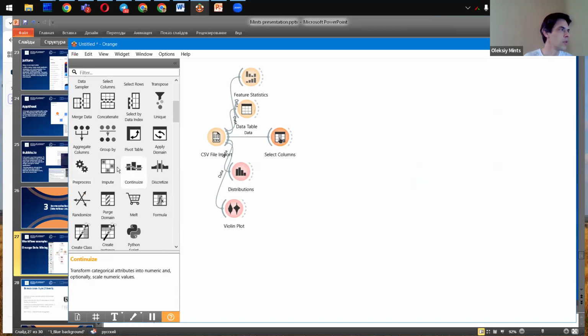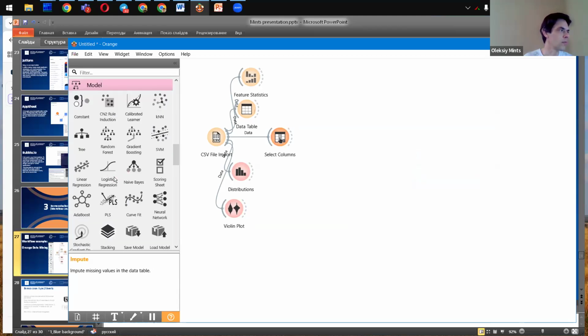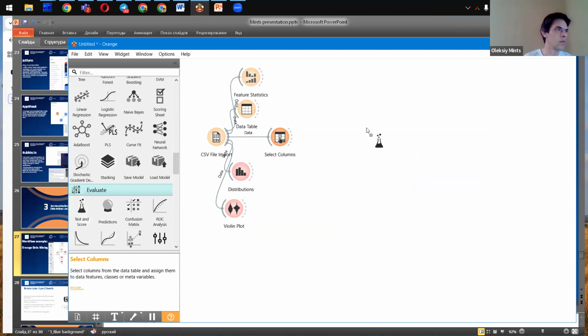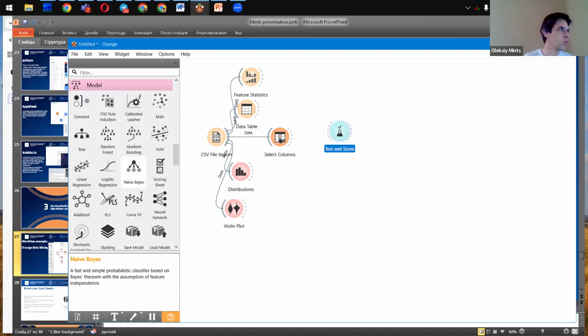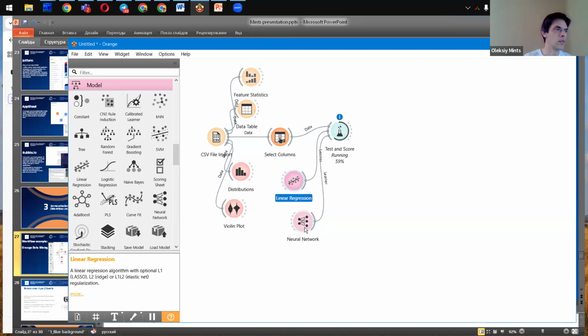And then we can move to model creation. I will try only two models, simple linear regression and a bit more complex neural network model. And again, just connect these widgets in the workflow.